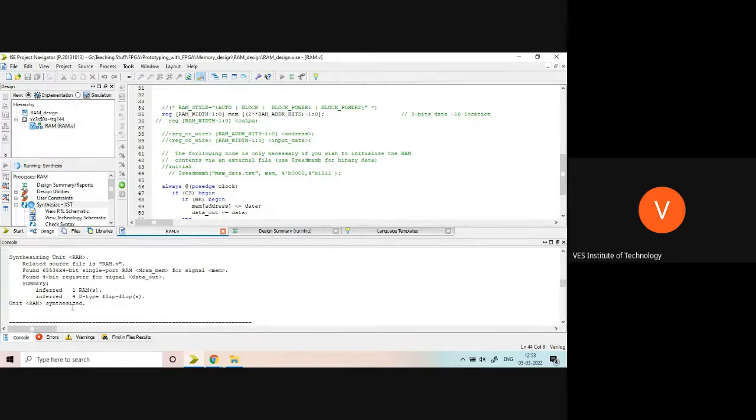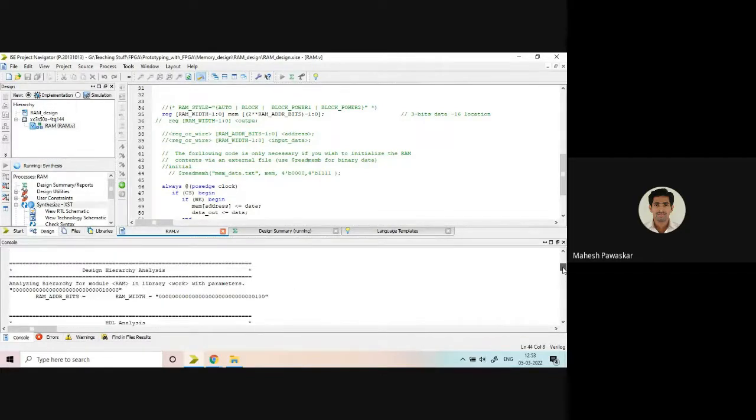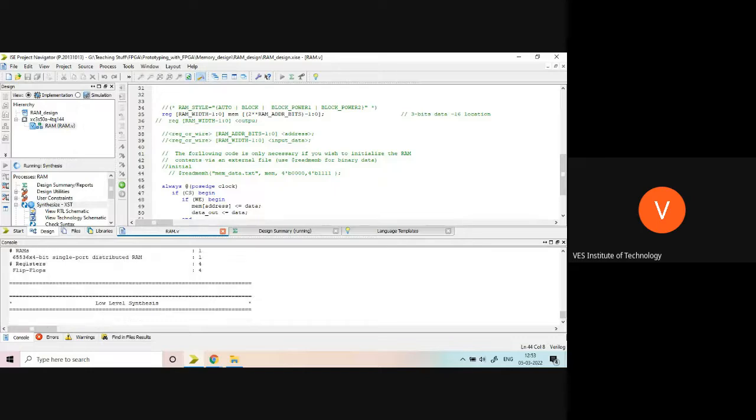See, this inferred D-type flip-flops. So block RAM will also get inferred. Basically, what happens is if the memory is small, many times they do not infer a RAM, but actually the expectation is to infer a RAM. It should infer a RAM because it is a standard block RAM code. If it is not inserting, then make this statement on. If you make this statement on, it will insert a RAM. Basically, there are methods to write and insert a RAM.